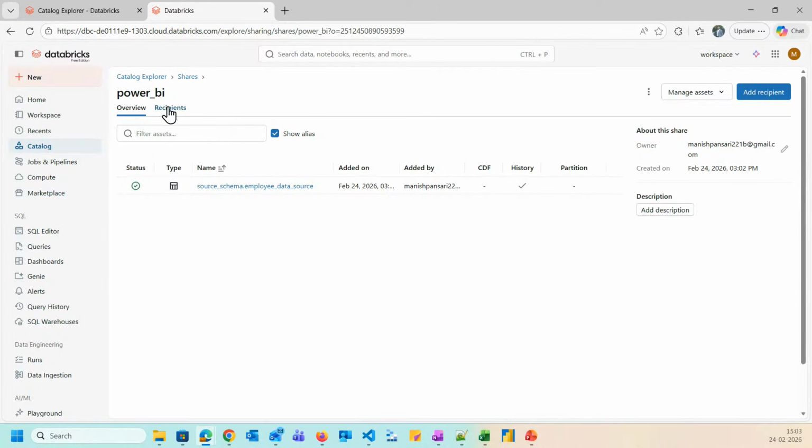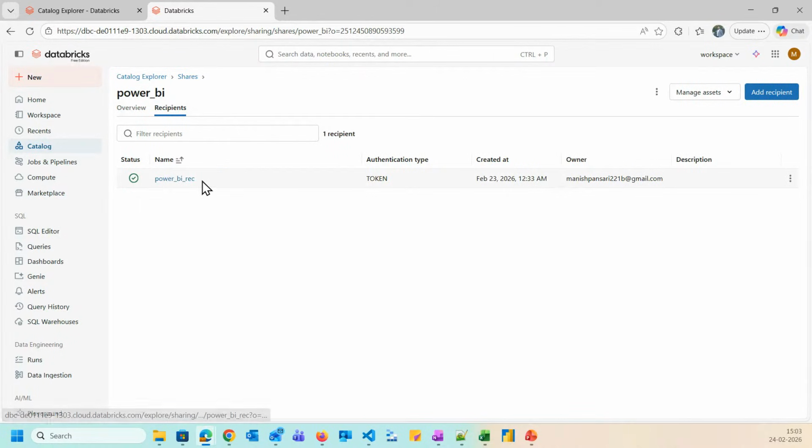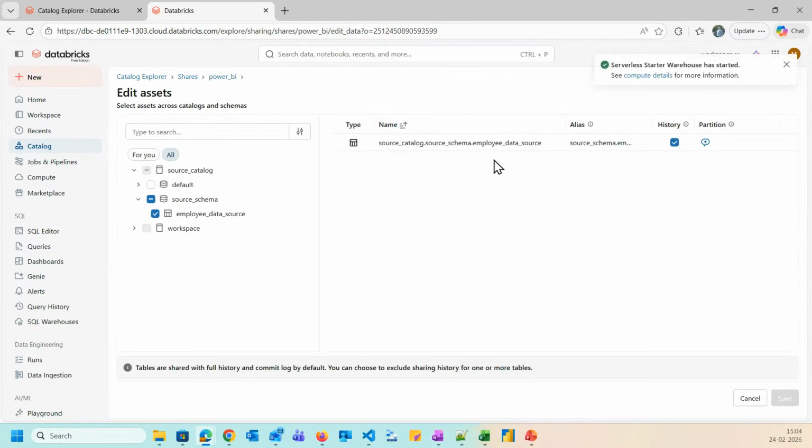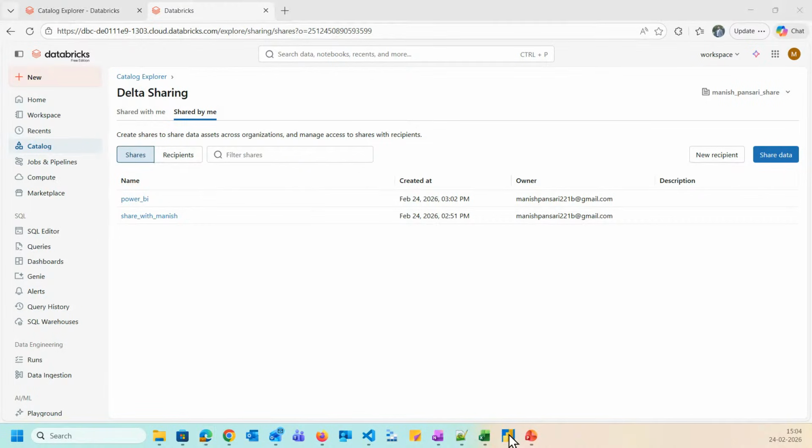And I have already created the recipient, which is the Power BI recipient. If I go to manage assets, you can see what type of tables I have shared. Again, the same table, and this is my Power BI Desktop. Let me open it.